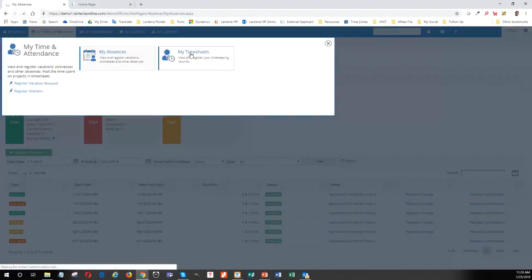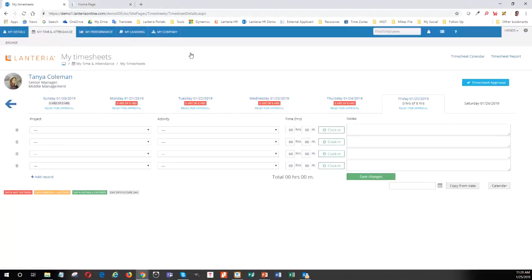While we're here, we'll take a look at timesheets. Timesheets can be done many different ways based on how you want to track time. Some organizations just do the simple clock in and clock out. We can do that. We also can integrate with third-party time clocks and essentially read the data from the time clock directly, run reports, send the reports to the manager for approval, and then send this data over to your accounting system. Some organizations prefer the employees just to type in the numbers. I worked 5 hours,